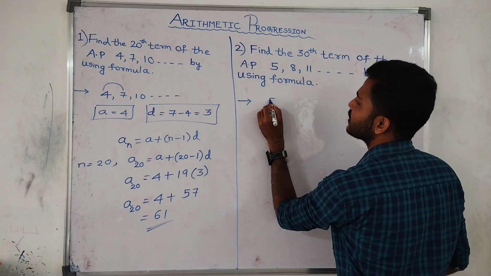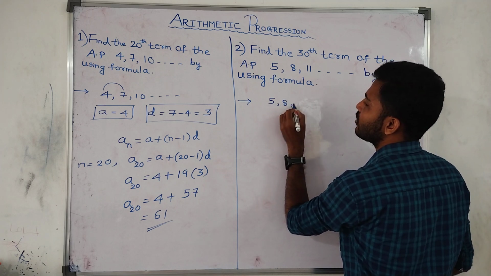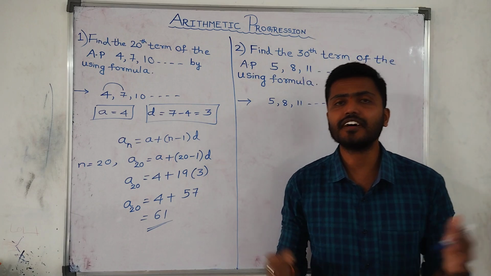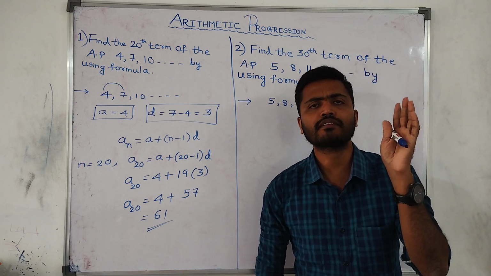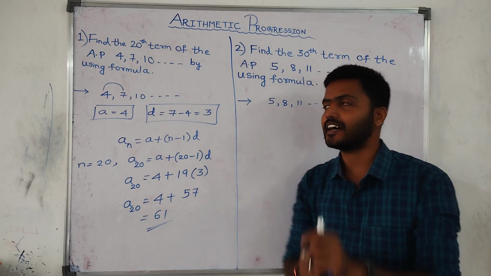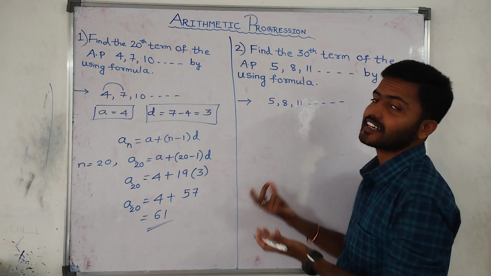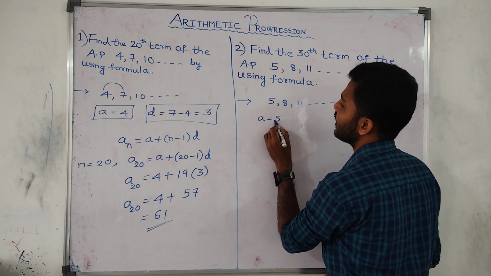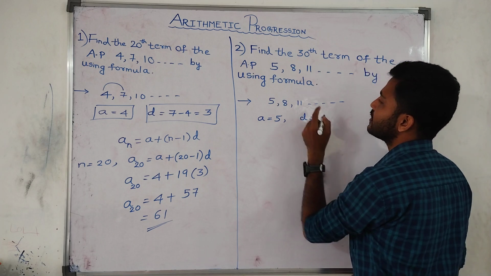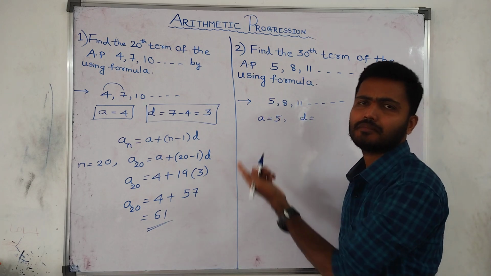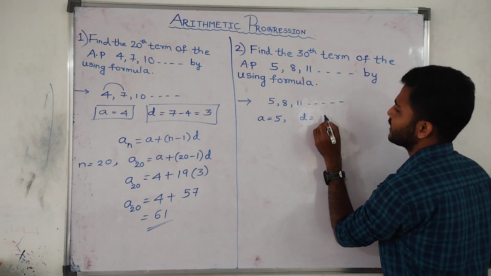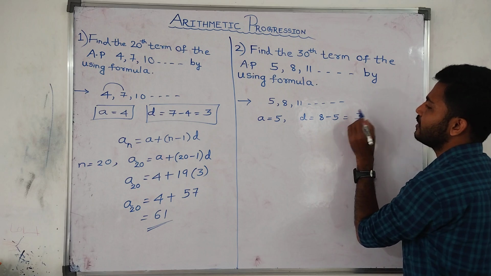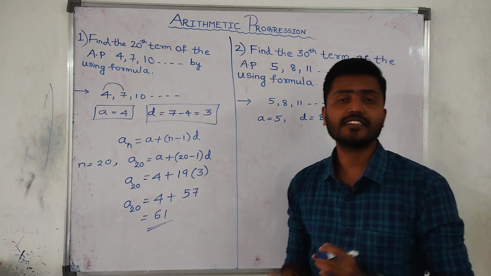So arithmetic progression ಕೊಟ್ಟಿದ್ದಾರೆ 5, 8, 11 and so on. ಇದು ನಮ್ಮ arithmetic progression. The first and foremost step, whenever you solve a question, you write down the data. Now, again, let us write down the values of a and d. So here the value of a is going to be equal to 5. The value of d again, second term minus first term, third term minus second term, and so on, right? So second term minus the first term, 8 minus 5. I'm going to get the value of d as 3.